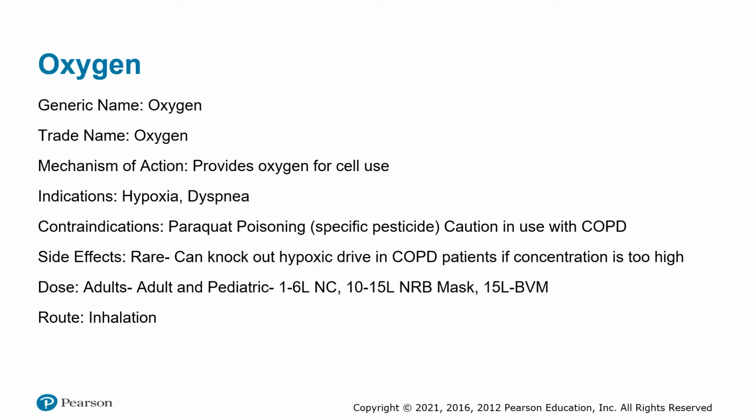Oxygen, this provides oxygen for cell use. Indications include hypoxia and dyspnea. There aren't a lot of contraindications, but there are two things that we have to be cautious in. Well, one thing cautious, one contraindication. So paraquat poisoning, which is a specific pesticide, and oxygen can actually increase the problems with that pesticide. And then we want to use caution in use with COPD